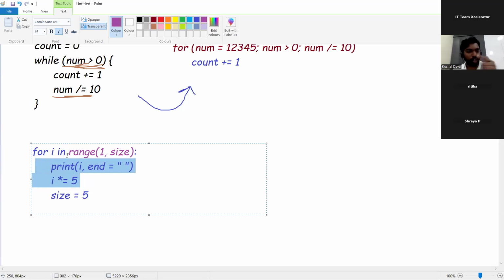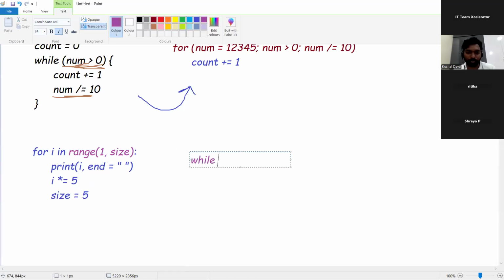Once again, when the new loop starts, I value would be reinitialized. That's the thing we need to observe. So that's the reason we go for a while loop. In a while loop, you can increment I by 5 or multiply by 5, modify the size to 5. All those work. That's just a quick difference.